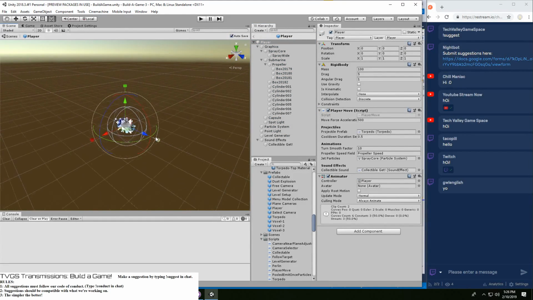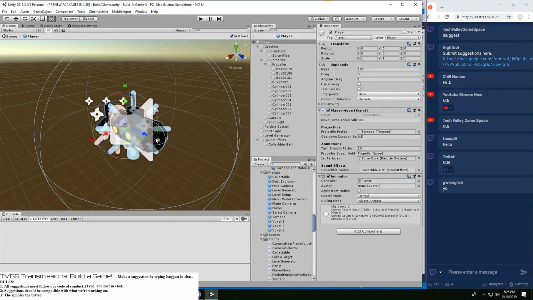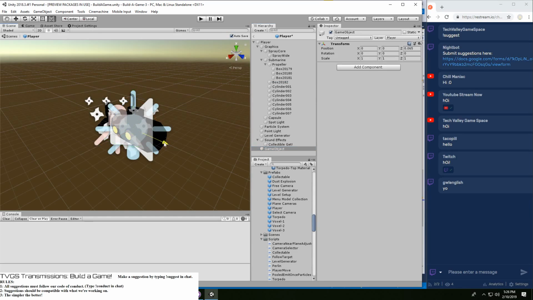Alright, so it may just be that it's generating the torpedo at some awkward location, and it doesn't really like that, so let's drop the torpedo in there.